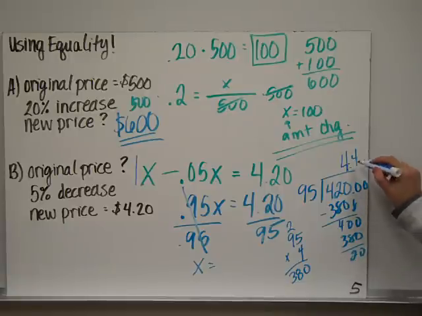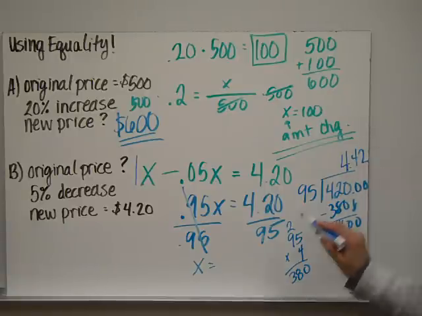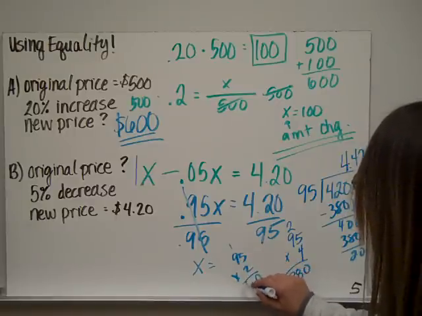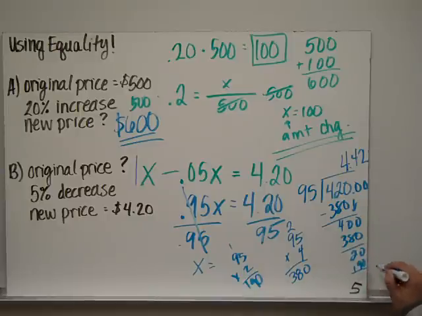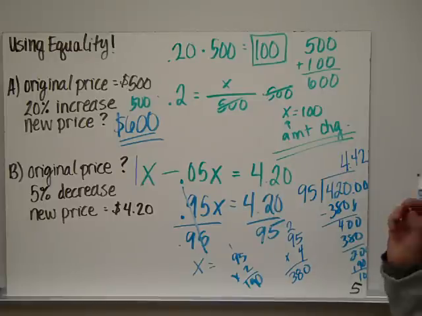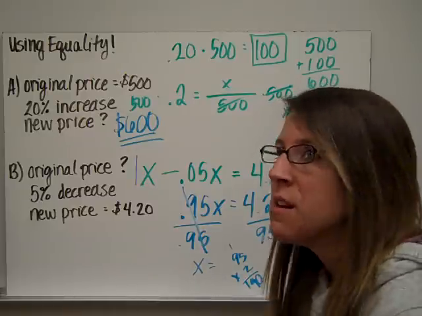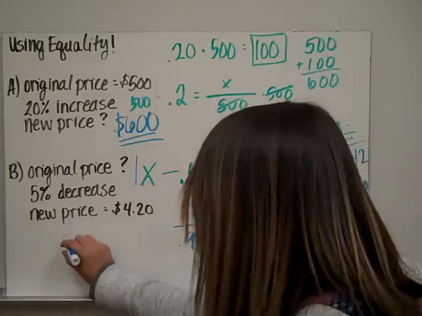200 this time. 95 is going to go in twice. 95 times 2 is going to be 190. That's supposed to be 200. Forgive me. And then that's 10. And then again, it would go in once. So the original price, guys, it's $4.42. Probably going to have to do this one for you again, but that's okay. The original price is